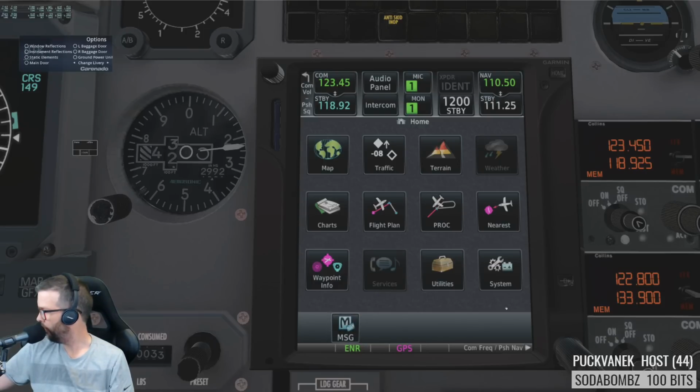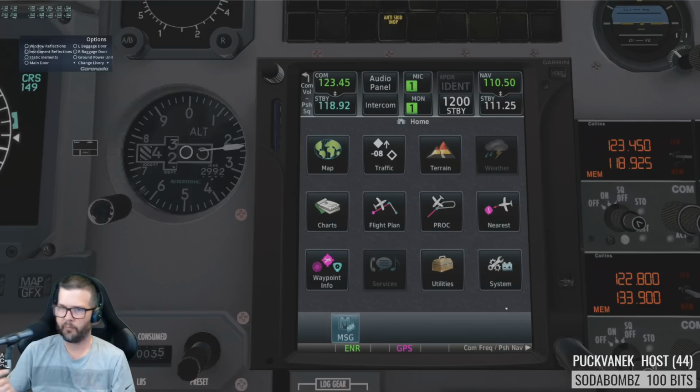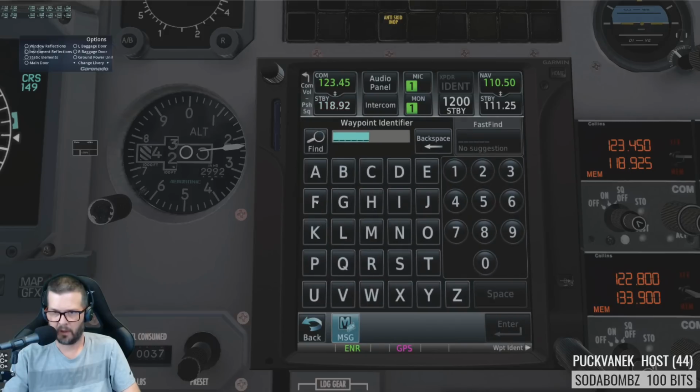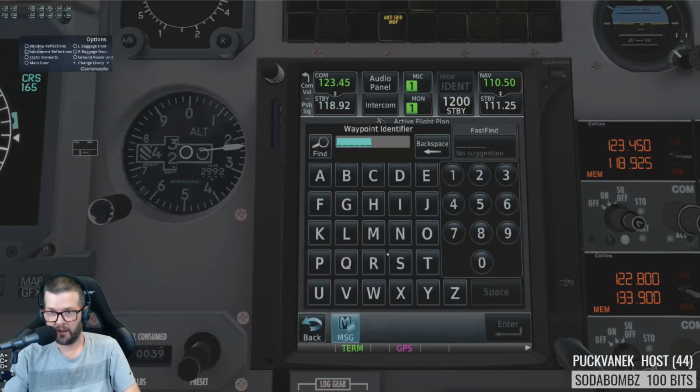So we're going to do... we won't do anything fancy. We'll just do some basic. We'll go, well, I guess we could. No, I take it back. All right, flight plan. We're just going to go FFU. I'll simulate a STAR later on. So FFU, and we'll add Milford. And then we'll add...